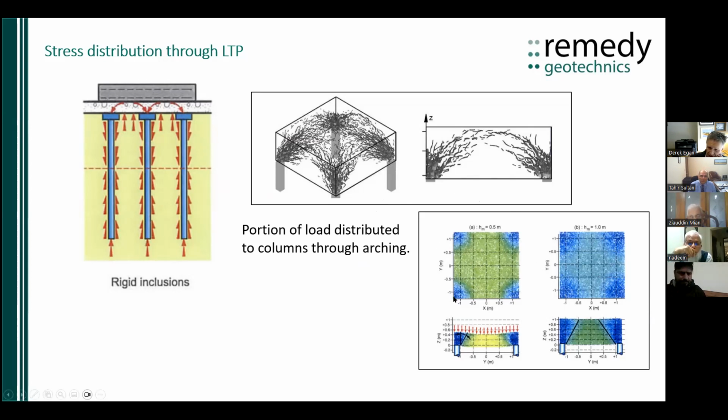So you've got a column in each, or a quarter of a column, I suppose, in each corner of this square. And you see that you've got a stress concentration going on over the column. And though there is some stress going into the ground between, it is less. Okay, and this is looking at a